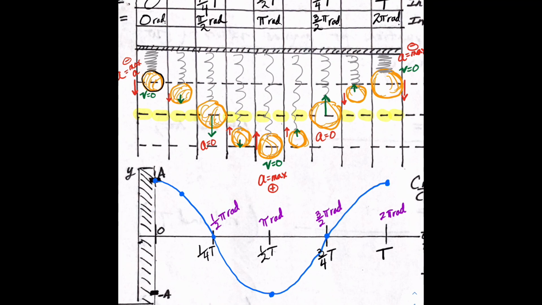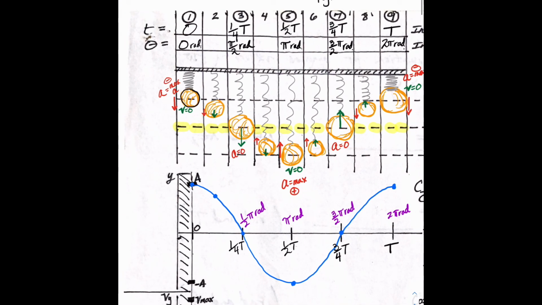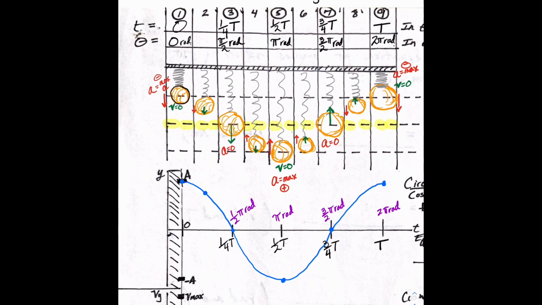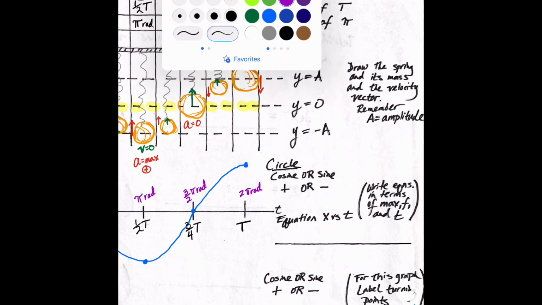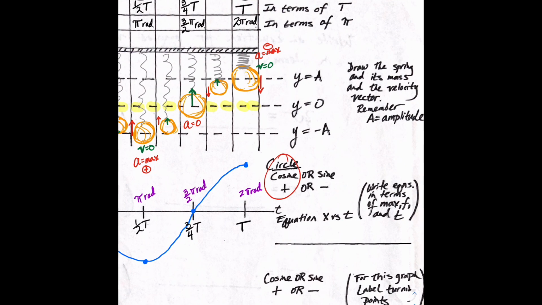All right, so something like that right there. And so this is kind of the idea, right, that a sinusoidal wave represents the position versus time curve for simple harmonic motion, for an object with a linear restoring force. And so coming over here, we recognize this as a positive cosine wave, hopefully, from the practice we did in class. And the equation for x versus t, I wasn't planning on doing this yet, but